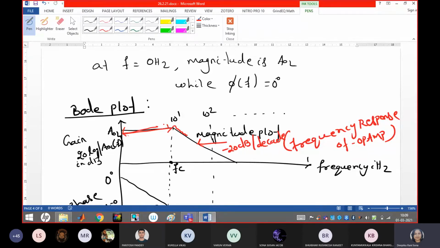But just remember, it is not only fixed to 20 dB per decade. If it is a second order filter, it is 40 dB per decade. Like that it will come down. It means when the order of the filter changes, the roll-off is 20, then 40, then 60, then 80 dB per decade, like that. At that time only I will clearly mention this.